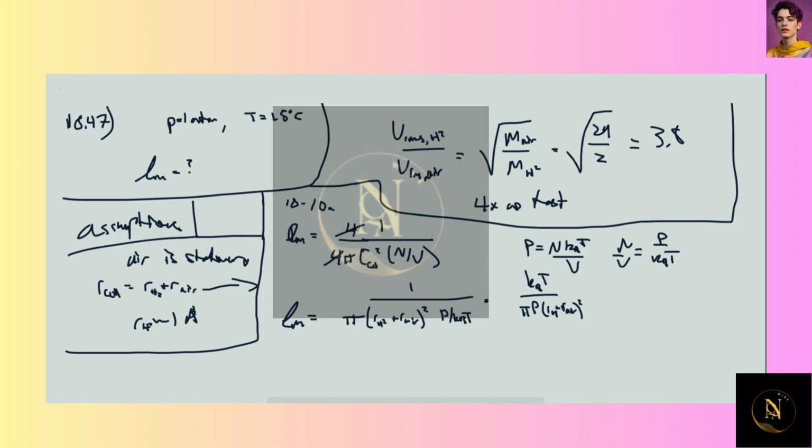Cool. So now we know everything we need to know to calculate the mean free path, and that is 1.38